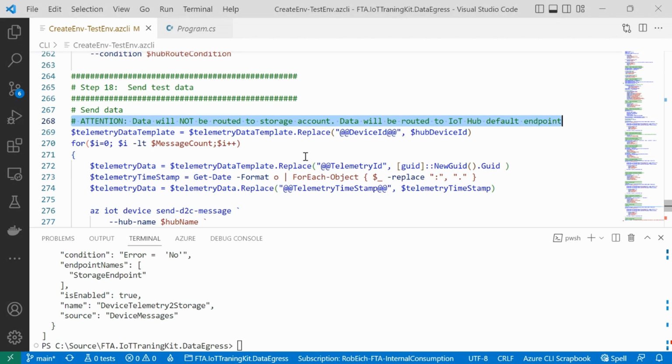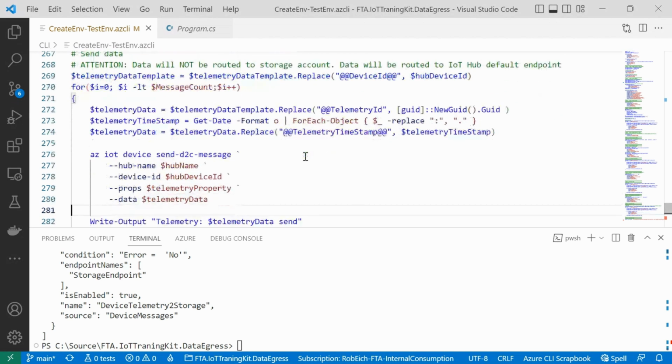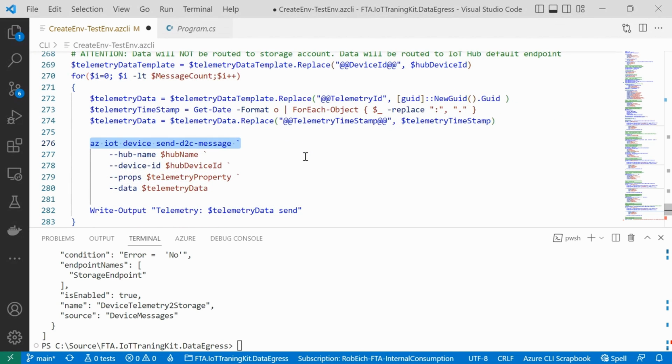And in that specific case, the message needs to be UTF-8 encoded. At the time of the recording of this session, we do not have a parameter in the CLI command az iot device send-d2c-message where we say, hey, CLI command, please send it UTF-8 encoded.